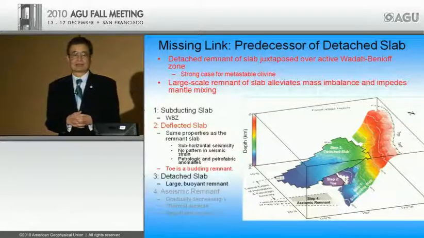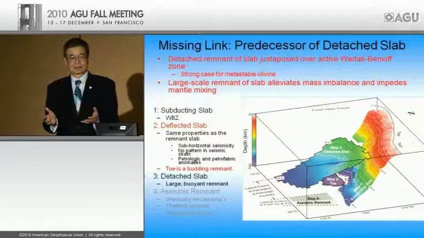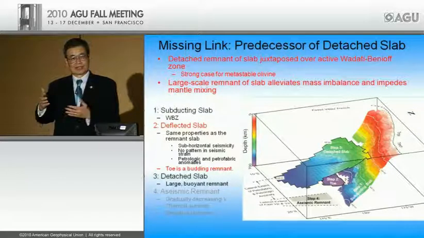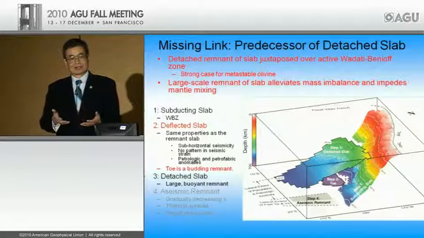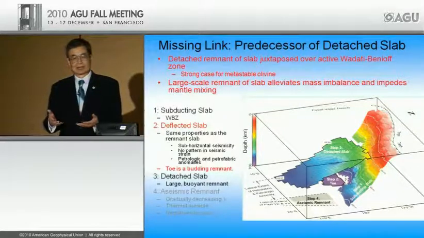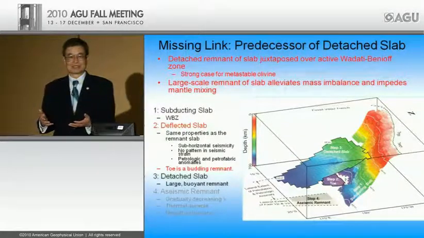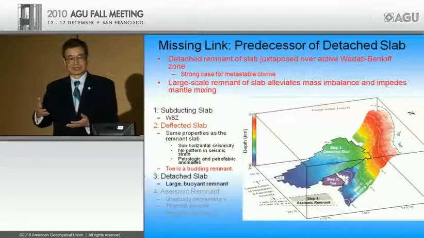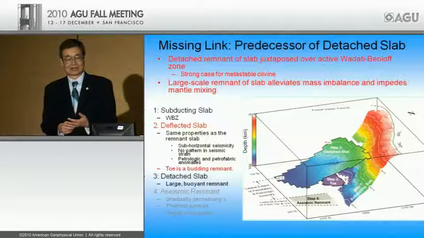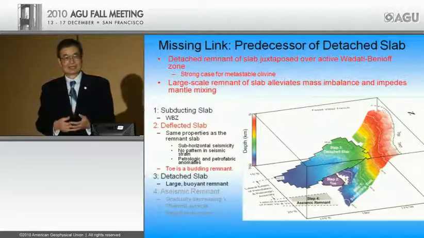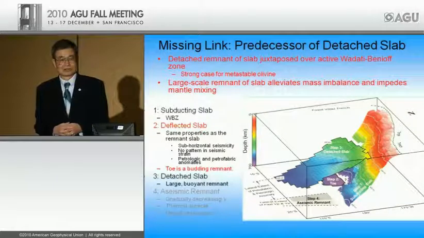Basically, if you map out the topography of the 660, and we know from laboratory data what the Clapeyron slope should be, then you can back out a temperature out of that. That is actually work in progress, but it's not going to be easy because you need a three-dimensional wave propagation issue to be resolved. And right now, the technique is there, but it's very expensive, very time-consuming. But we are working towards that direction, and that perhaps can provide a way of resolving this issue.